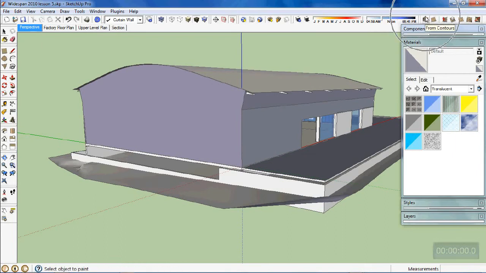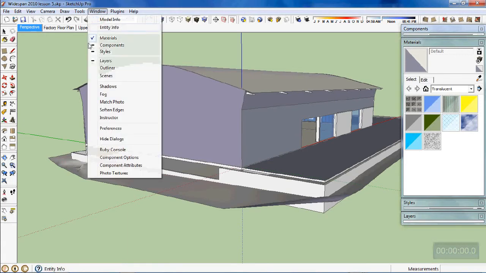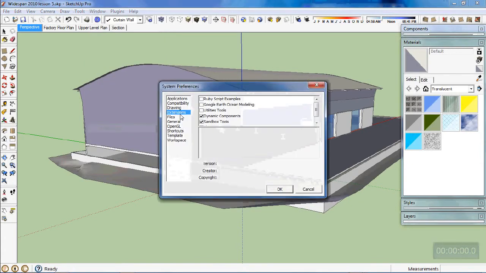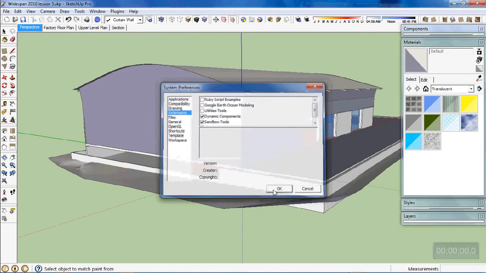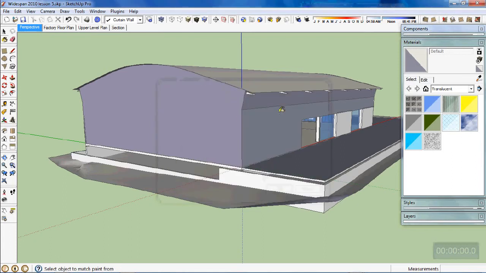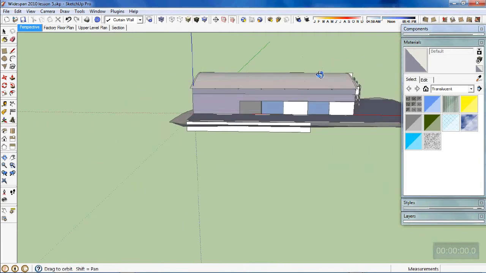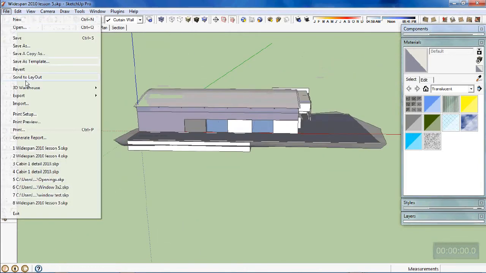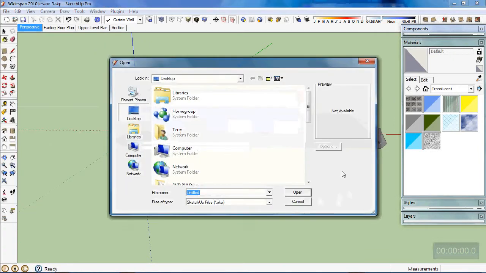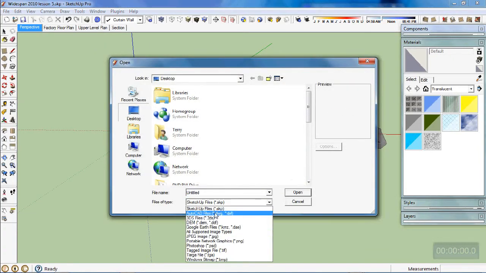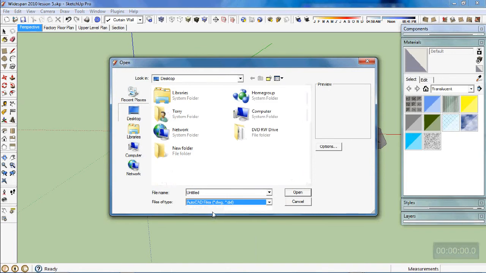To do that, you have to make sure that you go to Window Preferences, and under Window Preferences, under Extensions, you have to make sure your sandbox tools are checked. If they're not checked at the moment, you have to check that. You'll then have to close down SketchUp and start it up again to get those sandbox tools working. But anyway, after you import, you'll go File, Import, and you'll import the CAD drawing. It'll be an AutoCAD drawing, and you'll then search for the particular survey drawing that we're using, and you can